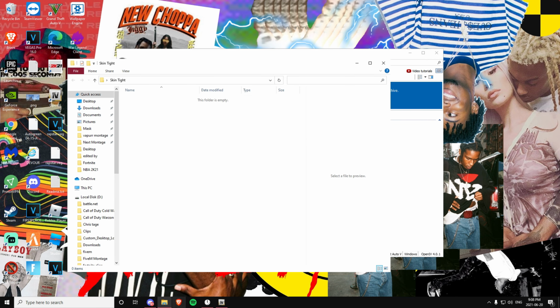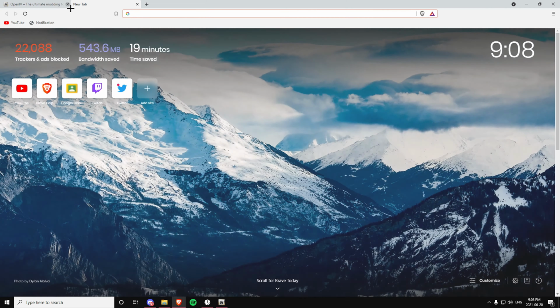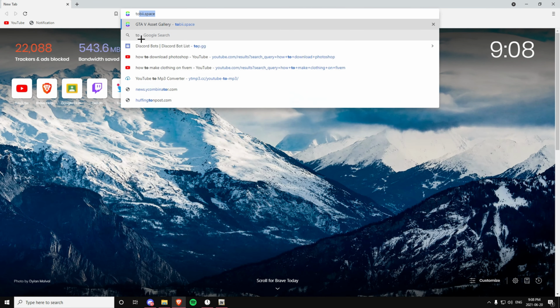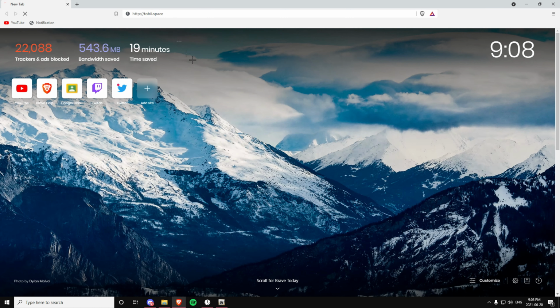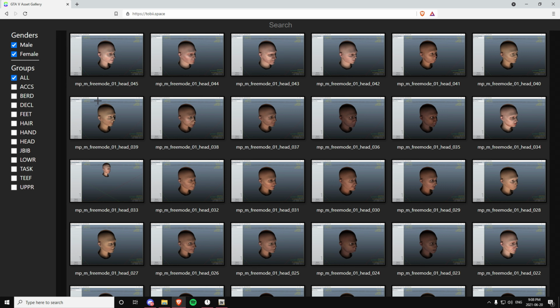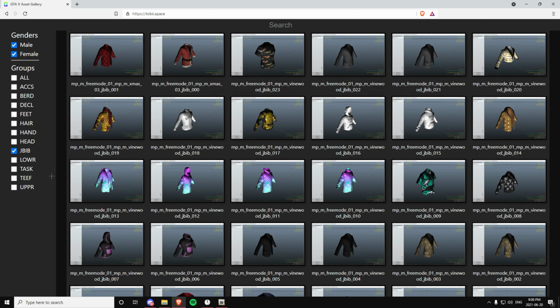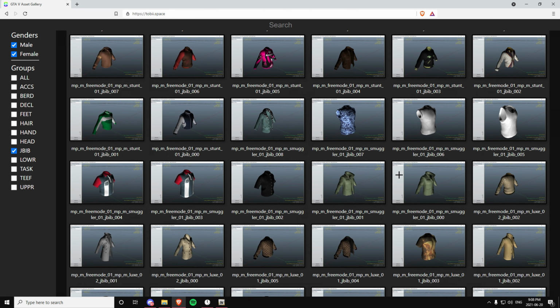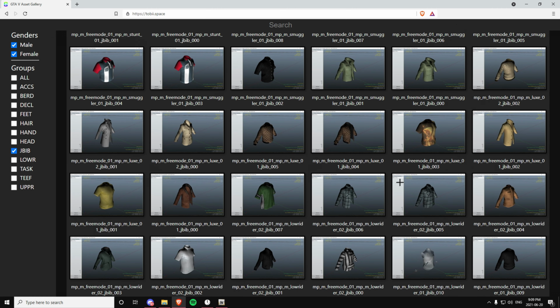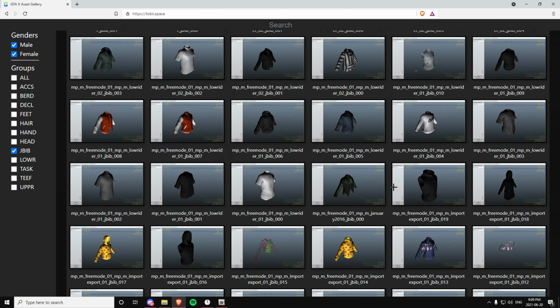So what you want to do next is open back your browsing software, and search up Toby dot space like this. I'll leave it in the description as well. And you're going to be left with this. So for the skin tights, you see all these, you have to go on JBib right here. So you scroll down until you see, hold on,